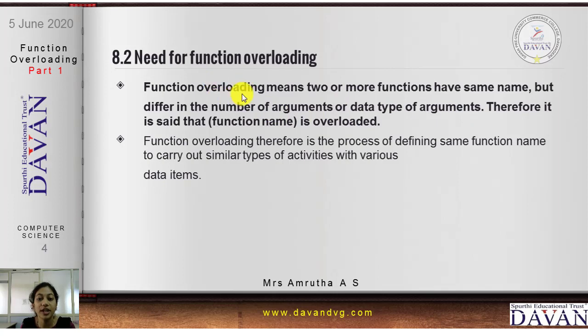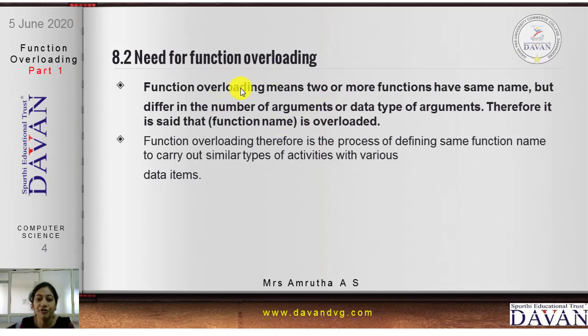So, function overloading means two or more functions having the same function name but differing in number and types of arguments. Therefore, it is said that the function name is overloaded. Two or more functions will be defined with the same function name.